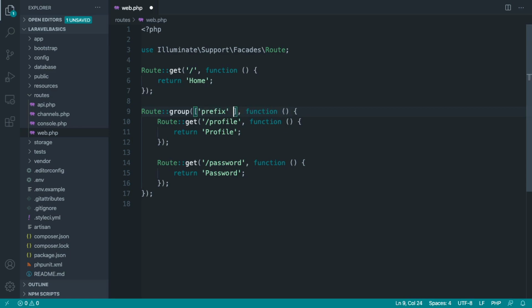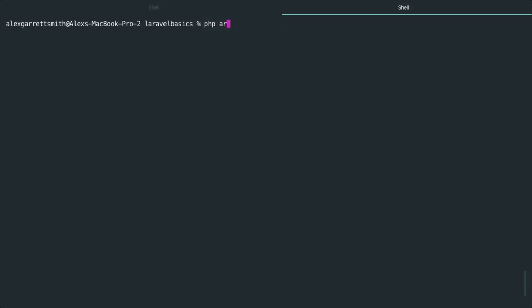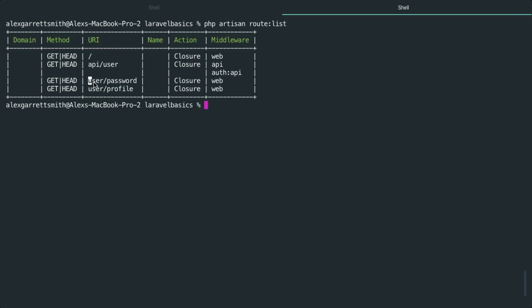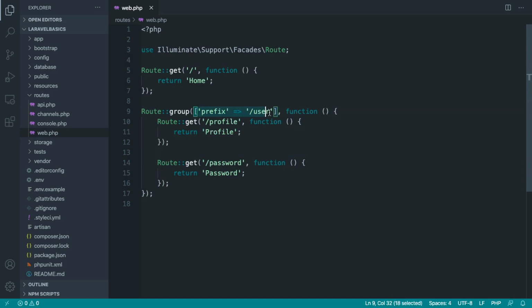So one of the options is a prefix. So we could say, well, we want all of these routes to be registered under the /user prefix. What that will do, and again, if we head over to our artisan console and run route:list, is get /user/password and /user/profile. So these have been registered with this option to be prefixed with user. And this makes it a lot easier because then you have a group here for all of your user settings